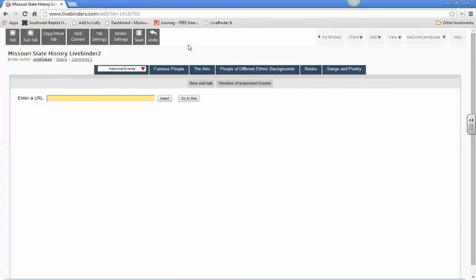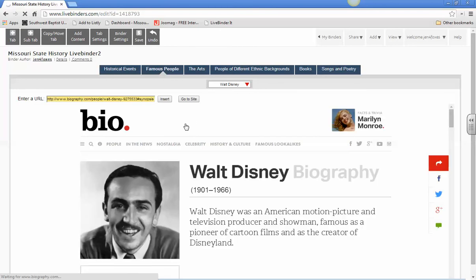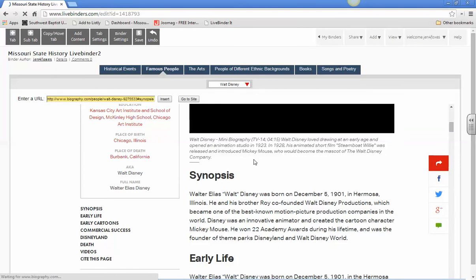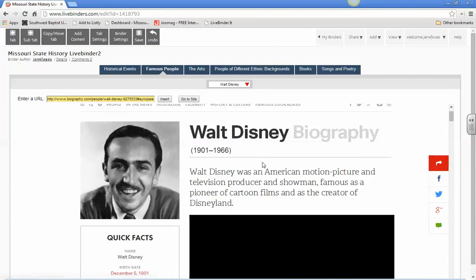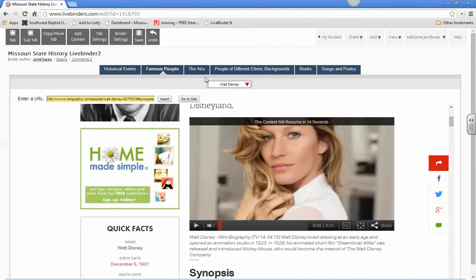That was funny. So under famous people now, I have Walt Disney. So don't forget you need 5 things under each of your 6 tabs. One more thing I'm going to show you how to do is that on this project, on 10 of these things, you are going to need to have